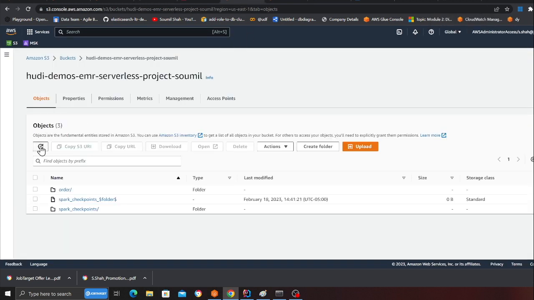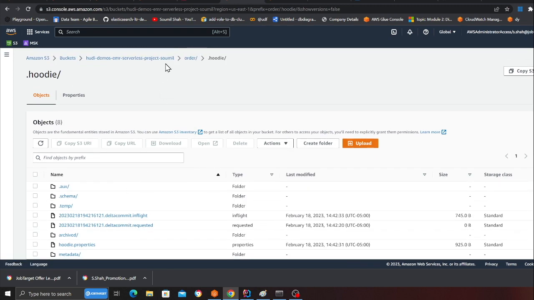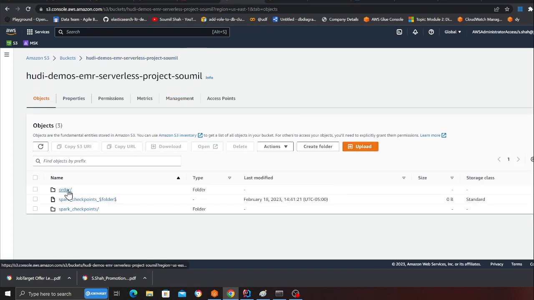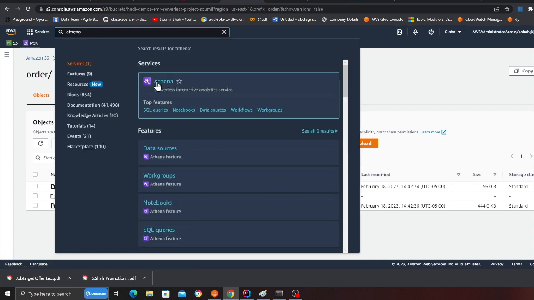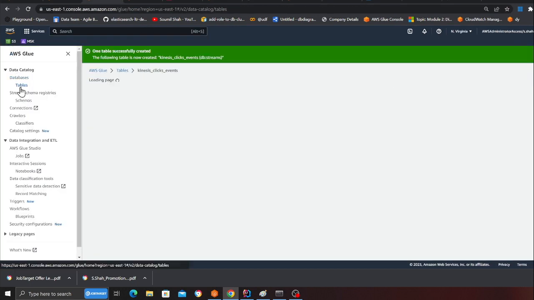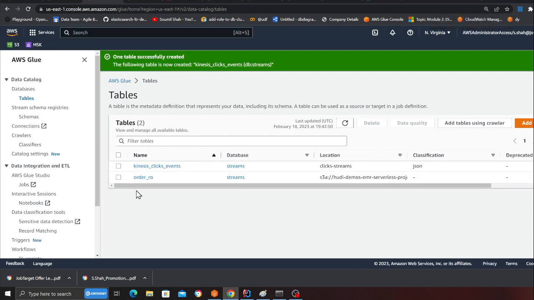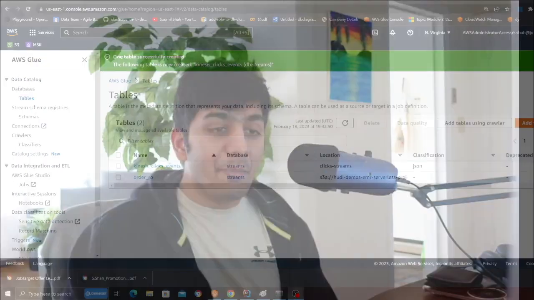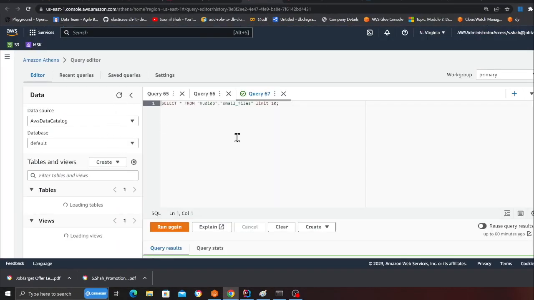And after about, yeah, there you go. See, that's the Hudi metadata, right? It's a merge-on-read table. So pretty soon we'll start seeing, there you go, a base file. There you go, rock and roll, right? So now if we go back to Glue, I should see two tables at this point. That is the RO and the RT. Hopefully it comes up. There you go, RO. RO stands for read optimized and RT stands for real time, my bad. All right, so now what I could do also is at this point, I can refresh here on Athena